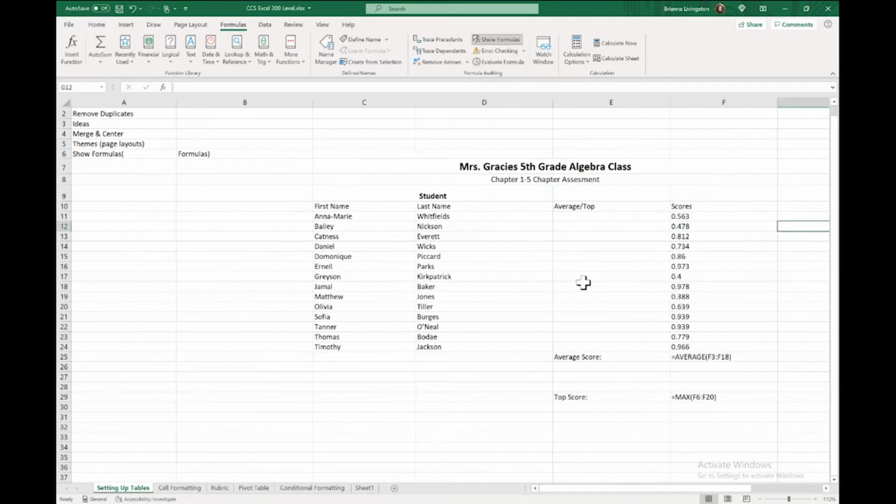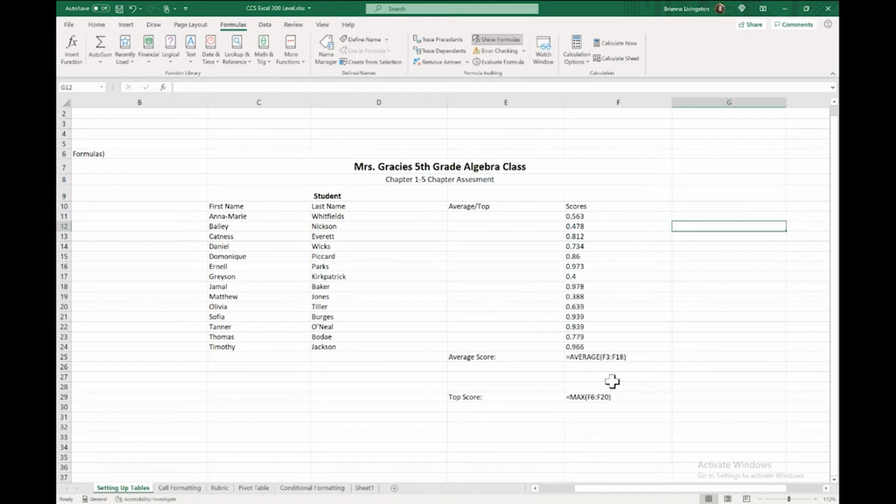That's going to actually reveal the formulas for any formulas you have on this sheet, for the whole document. Now you can see my max score is calculating F3 to F18. Well, we don't have any data in F3. So that tells me right there that that is not correct.